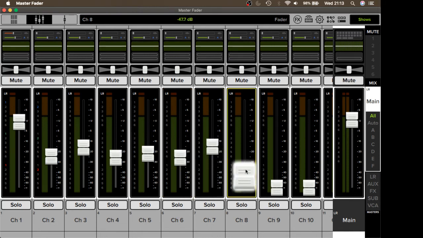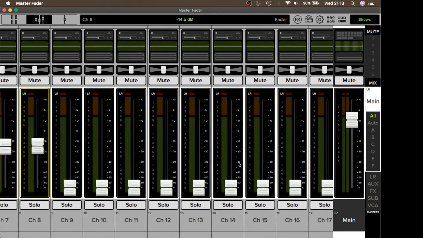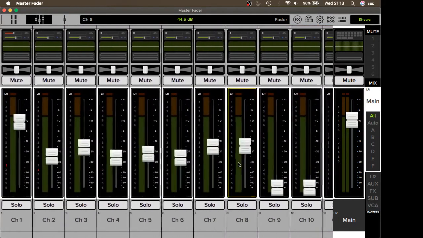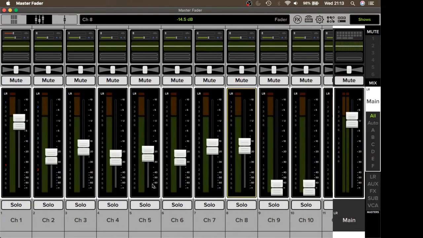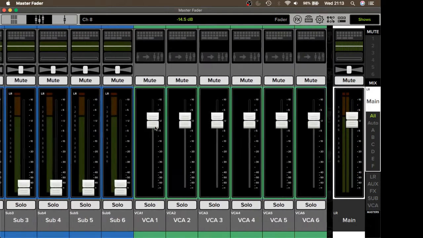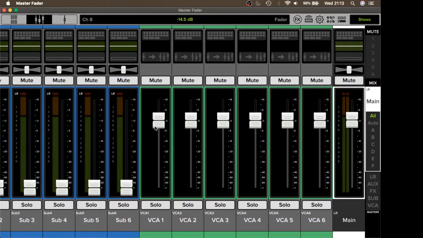So we've got kick, snare, hi-hat, first tom, second tom, third tom, and 2 overheads. You don't want a situation where you want to turn all the drums down or up, and then you're busy struggling to figure out how to move all these faders at the same time without messing up your drum mix. You just want to be able to turn down all my drums at the same time,